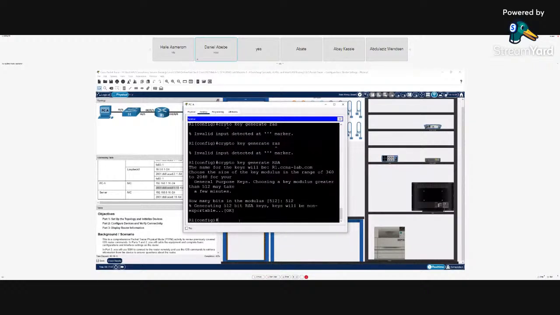Now you create that key, and the encryption algorithm will be RSA. So now you can use SSH. You have confirmed that you can create SSH, right? So